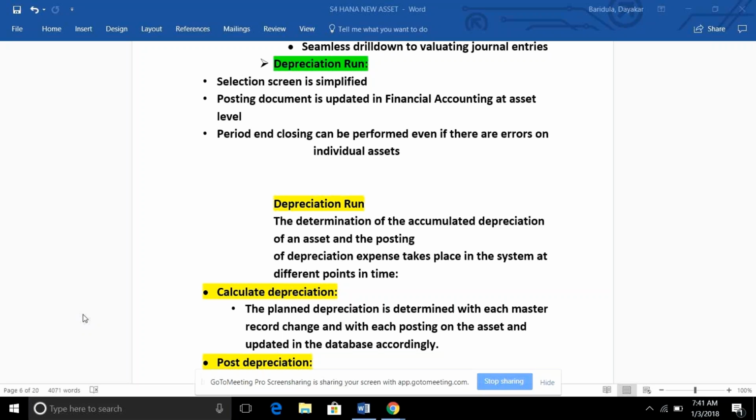So, depreciation run. The document is updated at asset level.